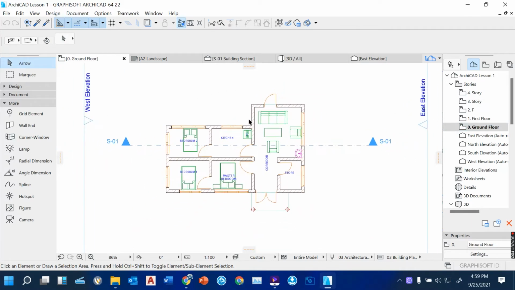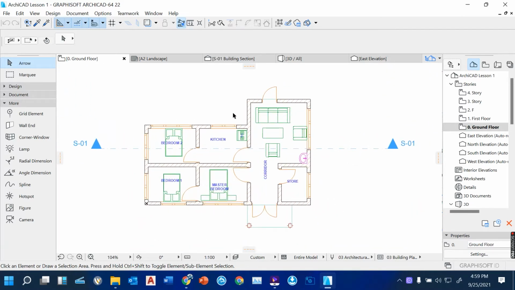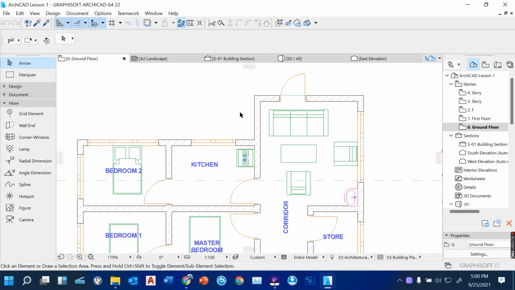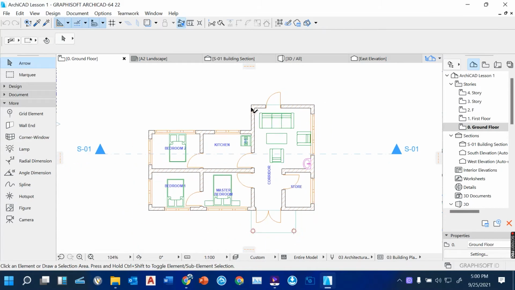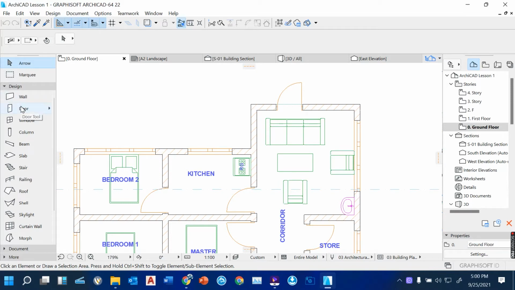Then for now, I want to show you how we can create stairs. Before you design a story building, after setting up your stories from ground to fourth, we need to create our stairs. So from here, we can include our stairs. So allow me to put a door here, which will act as our